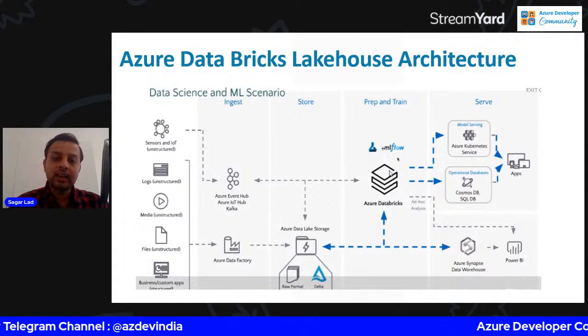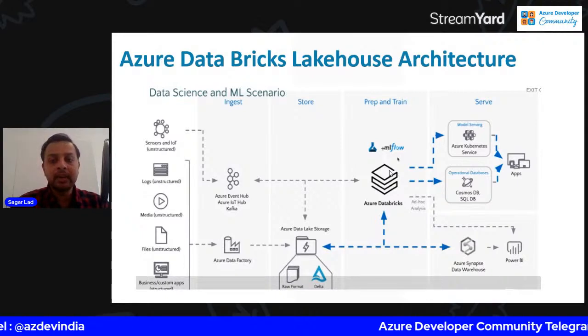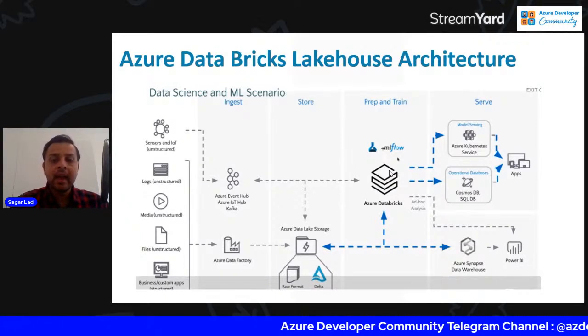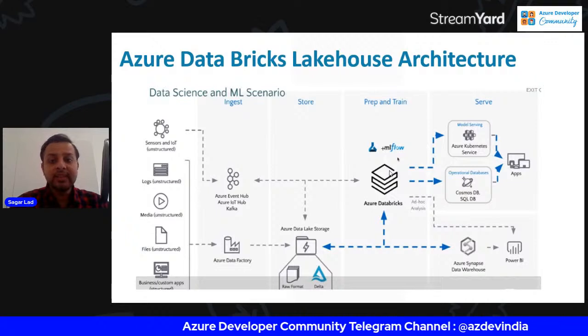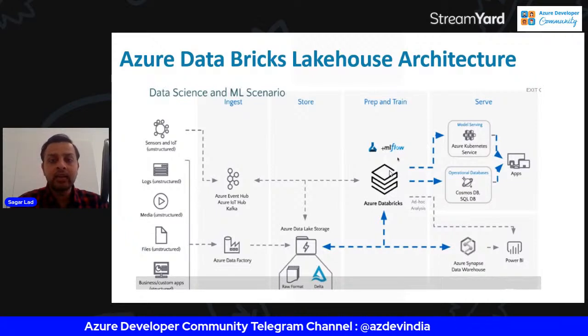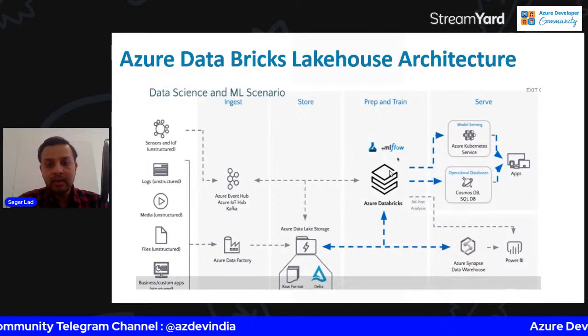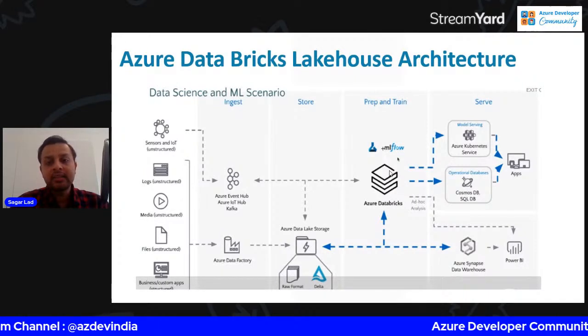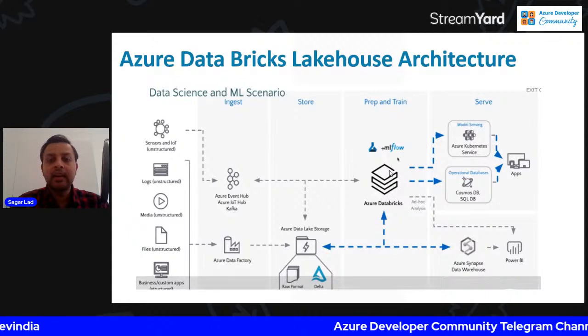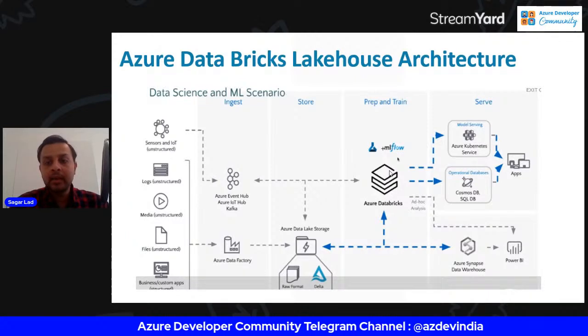We can also do data cleansing and data preparation as well, data profiling. And for the machine learning part, we can create a machine learning model and also train, test, and validate the model. And then once the data preparation and transformation is done and the data is ready to be consumed by the ML team, then basically you can